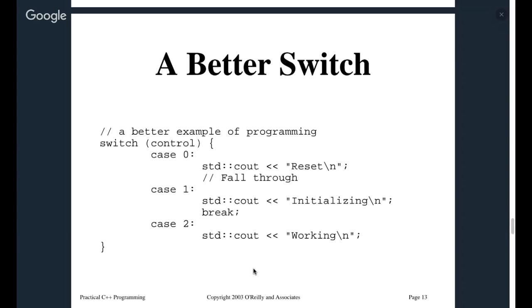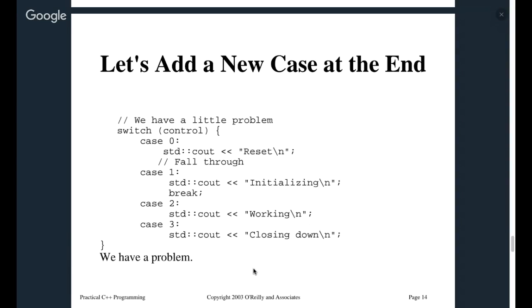This one here is called a fall through, on that case 0. Fall throughs a lot of times are used, like in this case, for resetting or reinitializing a value or a variable to loop again, possibly. So in this example, it's adding a case fall through, so if it hits 0, it's going to fall through to 1. It'll hit 1, 2, or 3, depending upon the output of that.